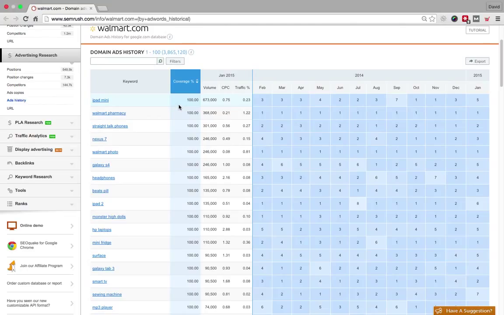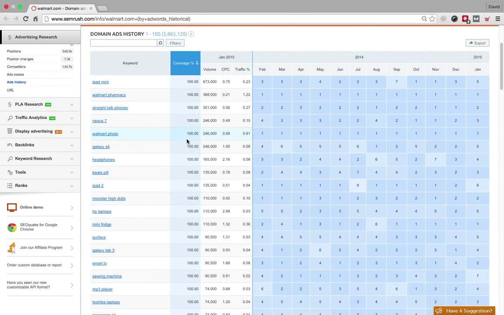The coverage rate refers to the percentage of time over the course of the past year that Walmart has been bidding on something. These are sorted by coverage rate in descending order. And they all have a coverage rate, you'll notice, of 100%. That means that Walmart.com has been running ads for these keywords every single month